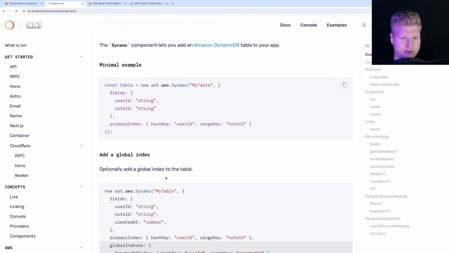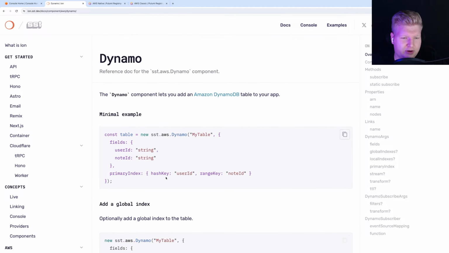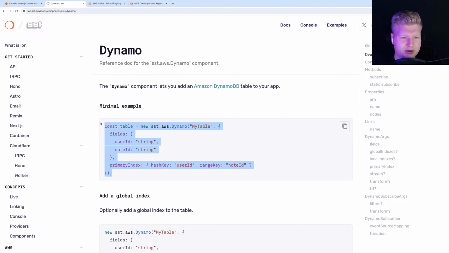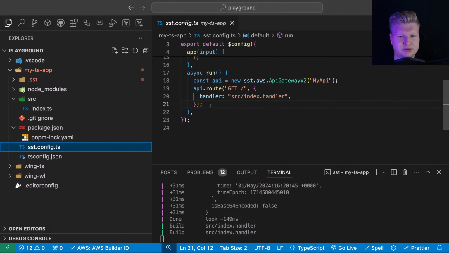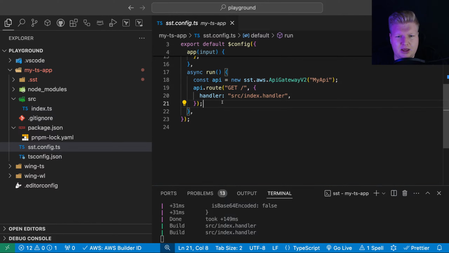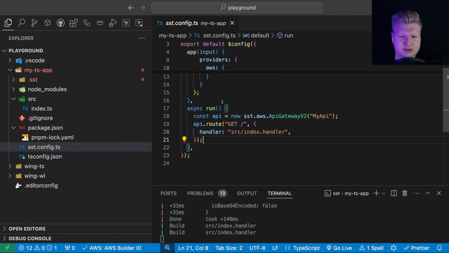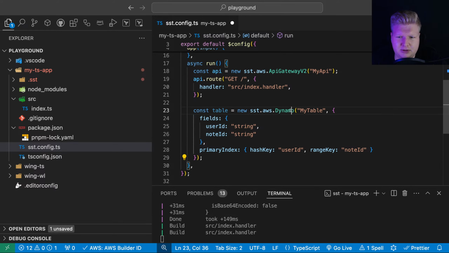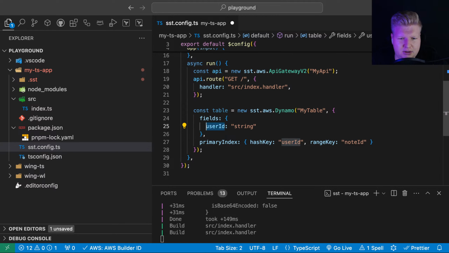We have Dynamo. So let's create an app where we are going to read from Dynamo. Let me copy this as a starter. So we have our table. This is my table. We can do here just ID.